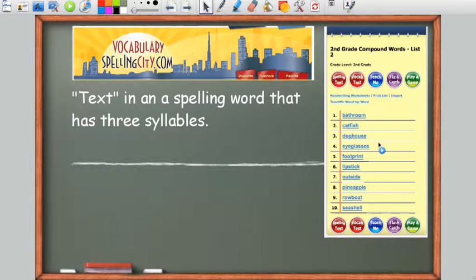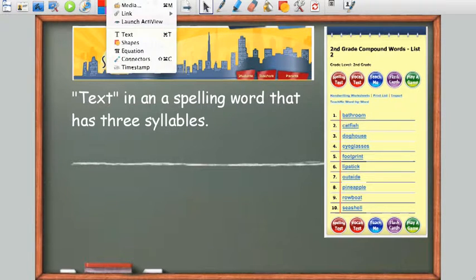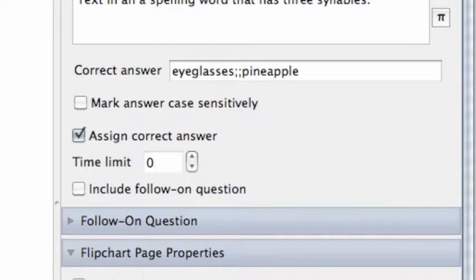So how do you set it up in your expressions so that it'll recognize both those answers as correct? Well, it's actually simple if you know how. So what I'm going to do is go to Insert and Questions to see the question settings for this page. I set it up as a text question, but if you notice right here where it says correct answer, I have 2 words, eyeglasses and pineapple, but notice there are 2 semicolons between each word. Using these 2 semicolons, you can enter as many words as you want, and these will be the